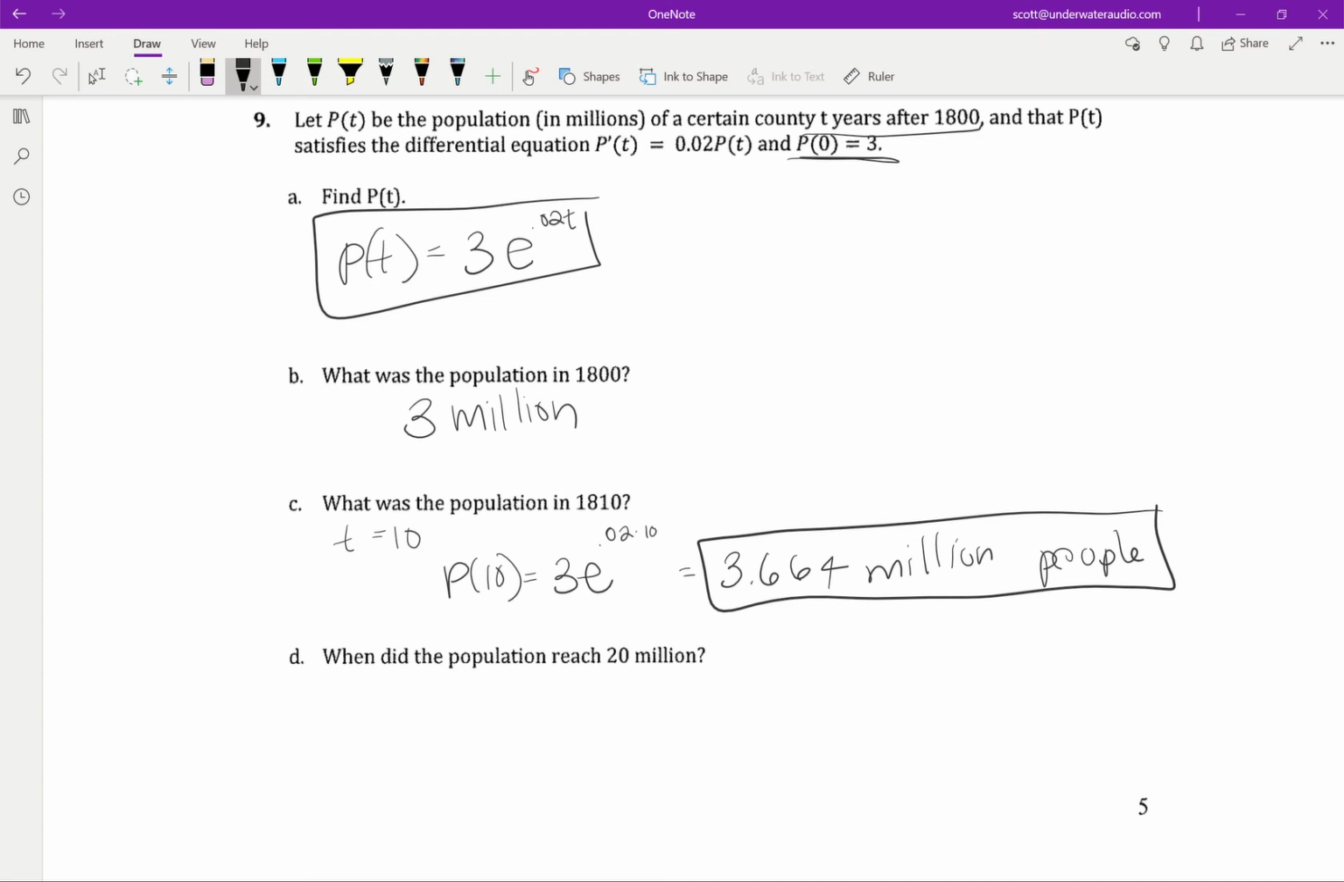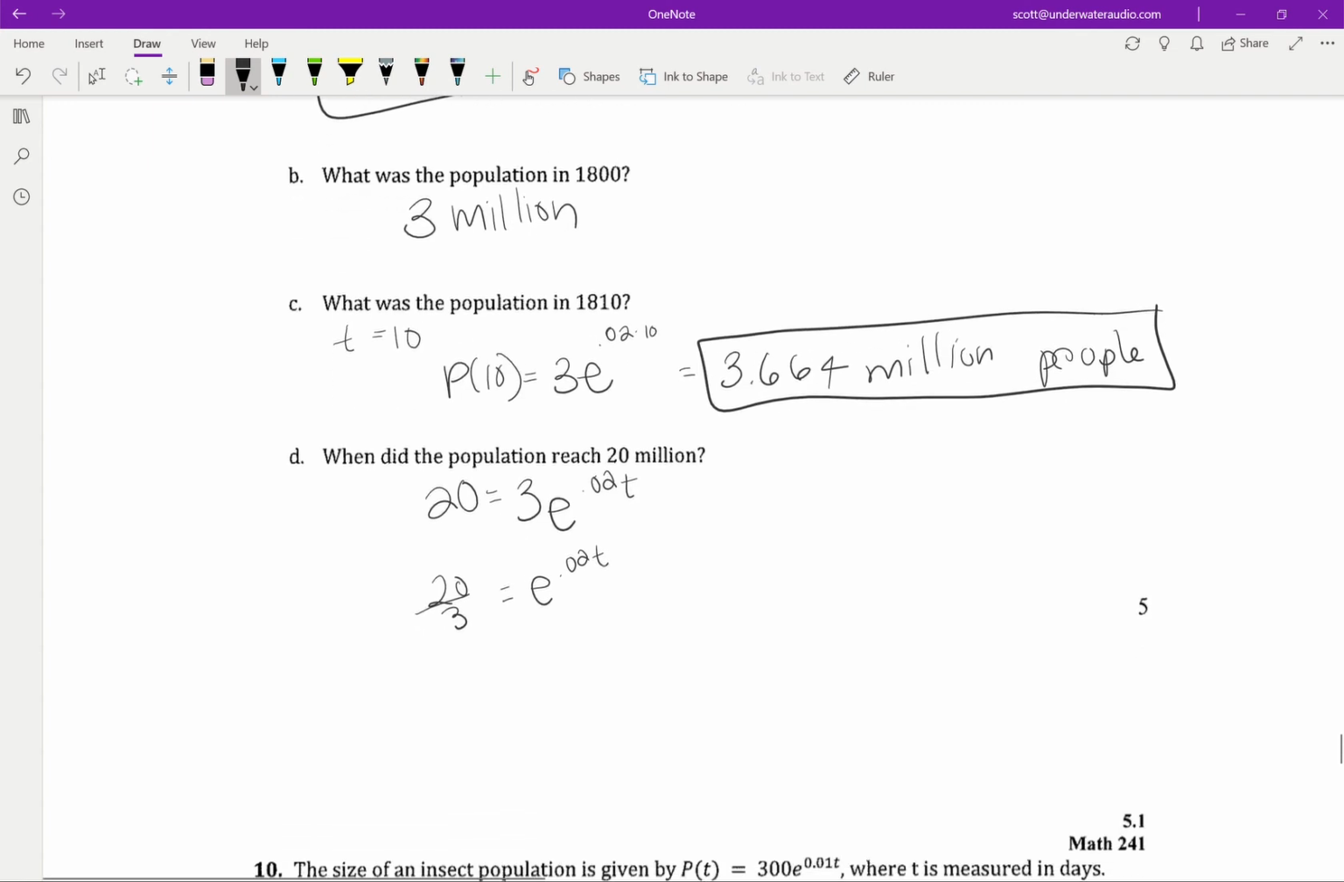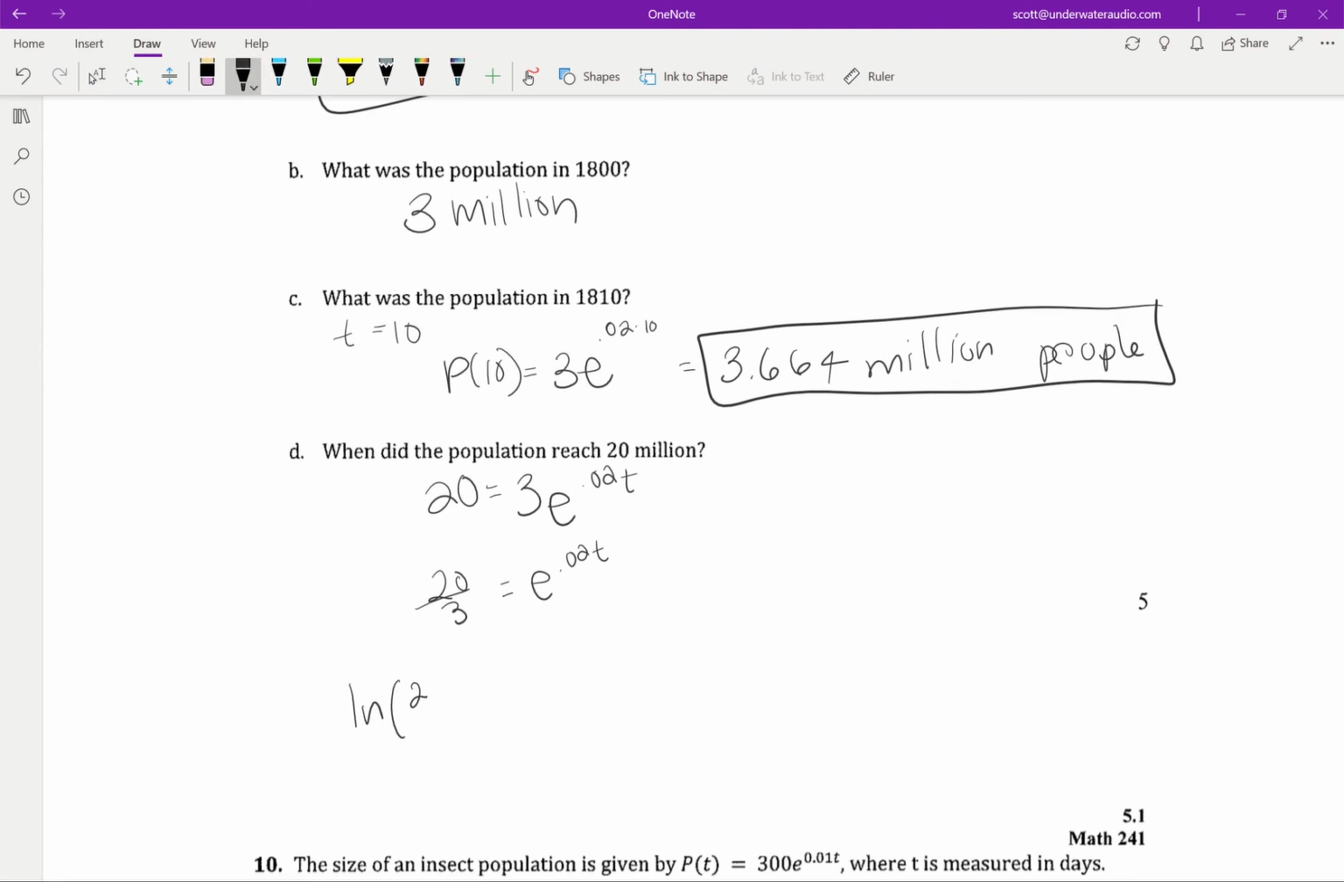When did the population reach 20 million? So 20 equals 3 e to the 0.02t, divided by 3. Natural log of both sides. So natural log and e will cancel, and we'll just get the exponent left. So then t is going to equal the natural log of 20 divided by 3, all over 0.02. So putting that into a calculator,